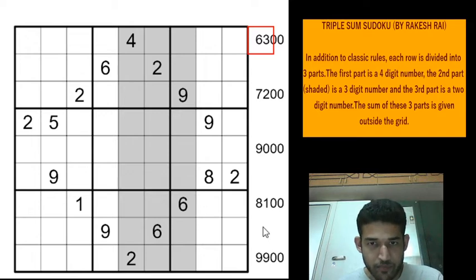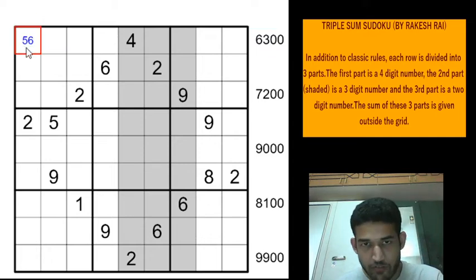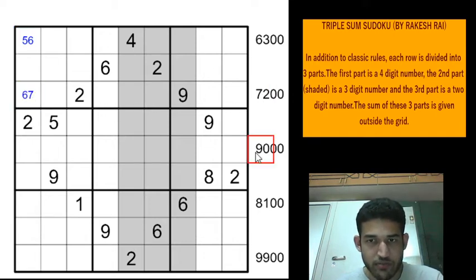And before starting the Sudoku, there is one little trick here. It's very simple, but when you have a 6 here, the outside clue can only be 6 or 5. And when you have a 7 here, this can only be a 6 or a 7. When this is a 9, this can only be 8 or a 9. When this is an 8, this can only be 7 or 8. And when this is a 9, this can only be 8 or 9. Now why is it so? We'll come to that in a moment.